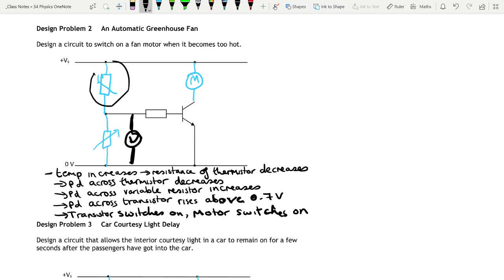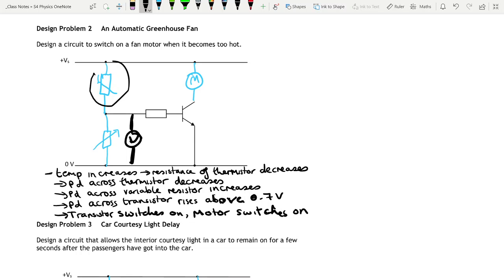Okay, so temperature up, resistance down. So if the temperature rises, the resistance of the thermistor decreases. So that means the voltage across the thermistor decreases. So that must mean the voltage across the variable resistor increases. And then eventually the voltage across the variable resistor gets high enough that it'll switch on the transistor, and then